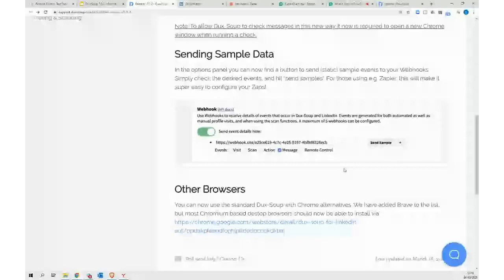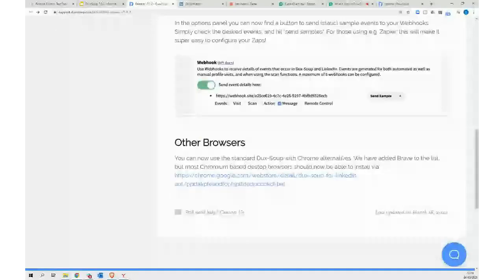And then finally, with other browsers, you can now use the standard Dux-Soup with Chrome alternatives. So that means that if you can find it in the Chrome store under a different browser, then you will be able to use Dux-Soup. So for example, here I have,